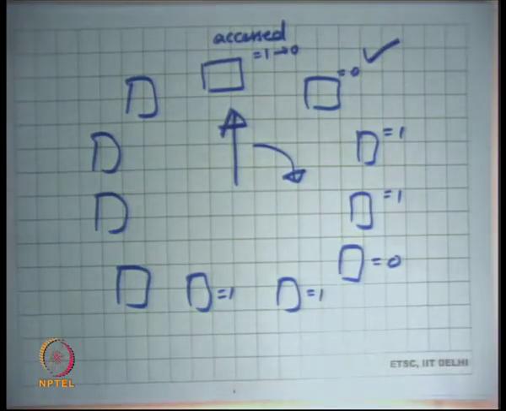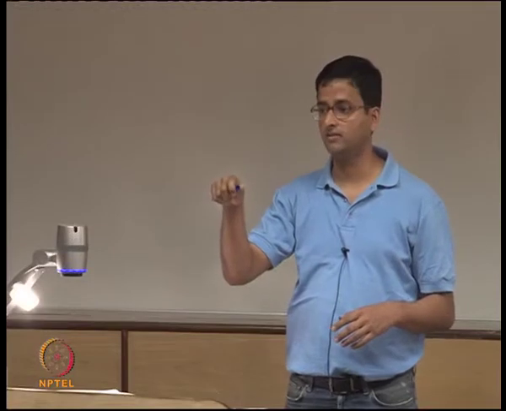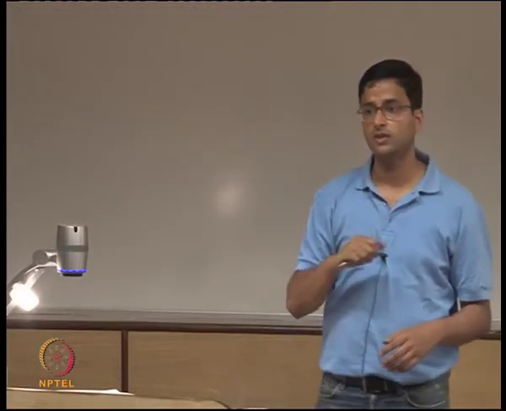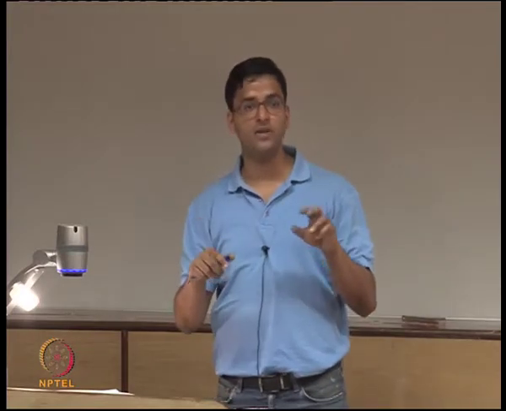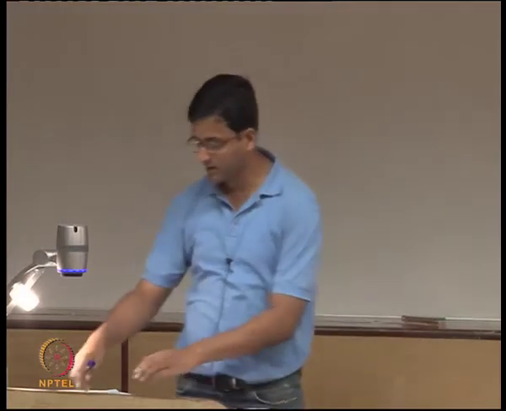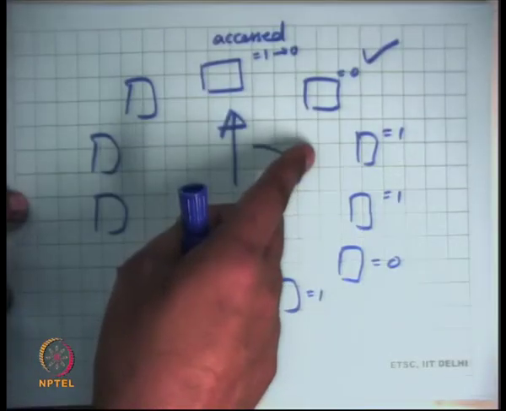So, this algorithm is basically doing what I said before. It is differentiating between pages that have been accessed recently, and here recently means accessed in the last revolution of this clock hand, in the last one full revolution of this clock hand. So, it is distinguishing between pages that have been accessed recently and pages that have not been accessed recently. For the pages that have not been accessed recently, it is replacing them in a FIFO order, right.